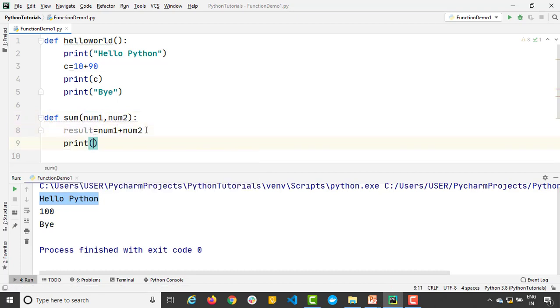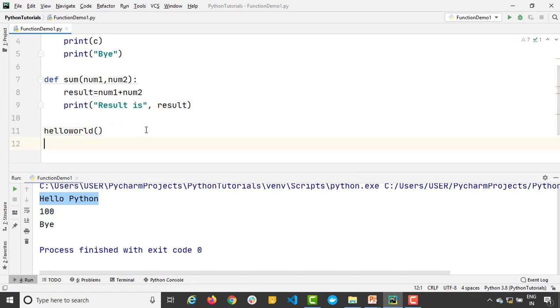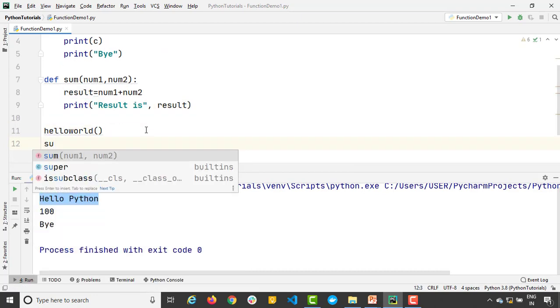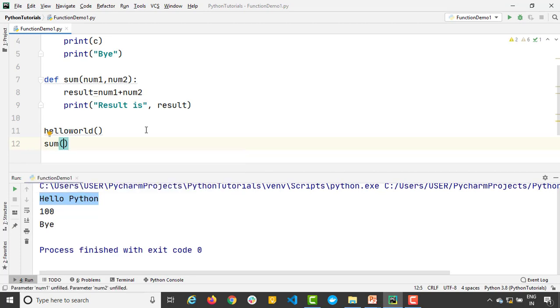And here I will simply say result is result. Okay, now if I want to call this function, I will say sum, and you can see it is asking me for the two values, which are num1 and num2. Let me give 10,